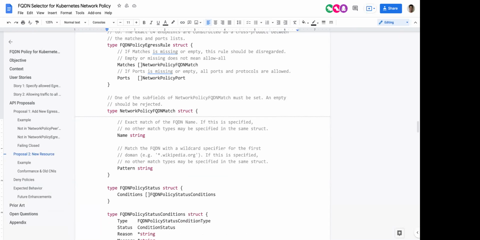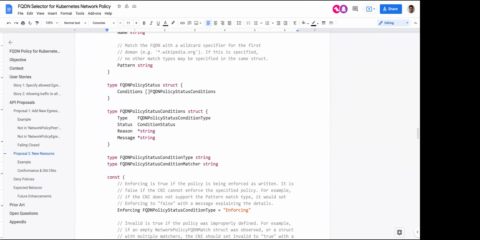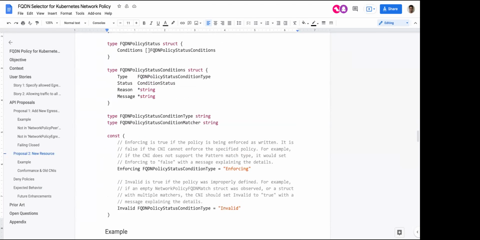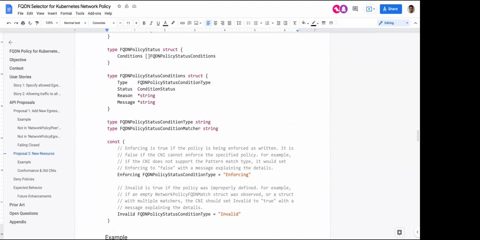My bad. What I was saying was, I think Tim was mentioning that because of the all ports feature, which is in beta right now in Network Policy V1, there's some concern around CNIs not supporting it, and so they were thinking of adding a status field to Network Policy itself, and so maybe we'll want to keep track of how they're doing that and sync up here. But what I've done is I took heavy inspiration from the old status KEP and basically sketched out an idea of, if we wanted to have some sort of conformance indicator as part of this FQDN API, what would that look like? And so I have this status with a bunch of conditions that you can set, namely enforcing to say that, yes, I am trying to enforce a particular feature, or,